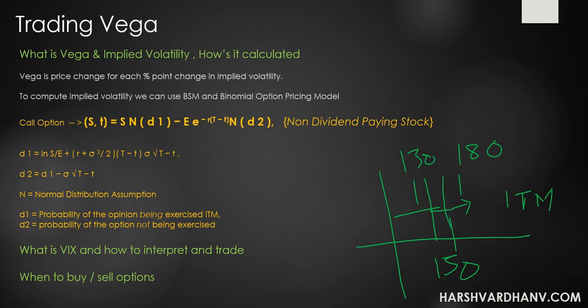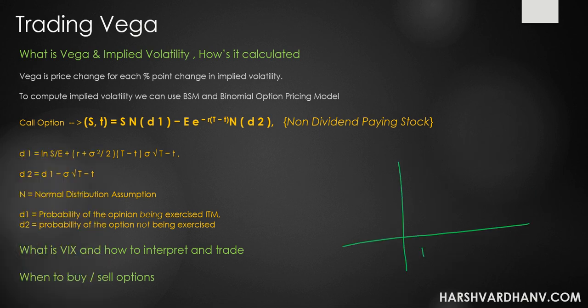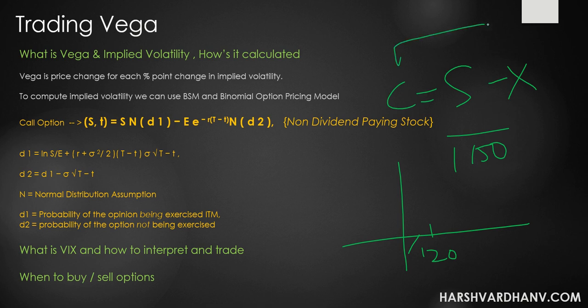I made a mistake, I think. Yes, 150 is my strike, 180 is the expectation. Okay, yeah, so this should be 120. So I'll just erase this and start again. Suppose you have bought an option with strike 120 and the current market price is 150. As long as your strike price is below the stock price, you are going to be in the money,